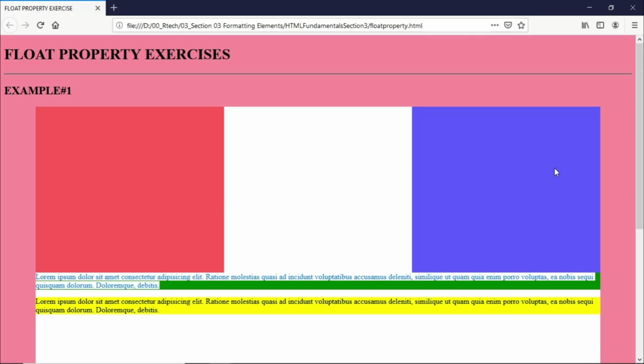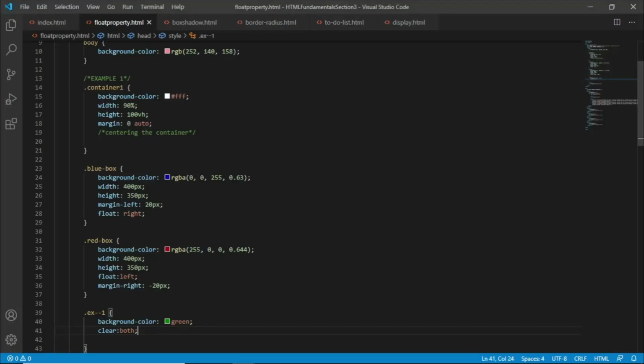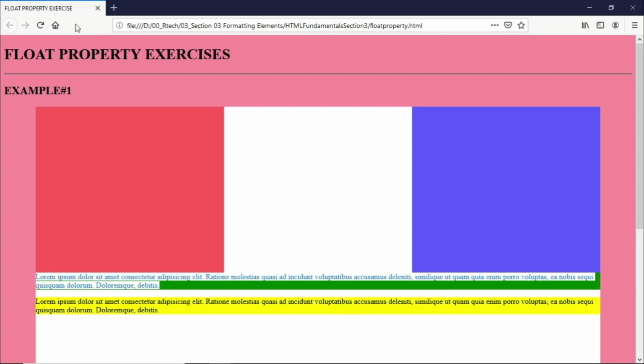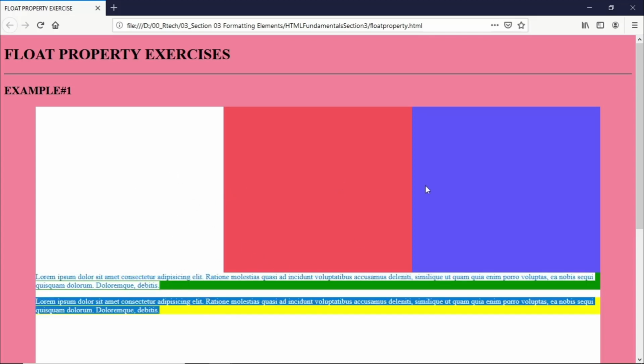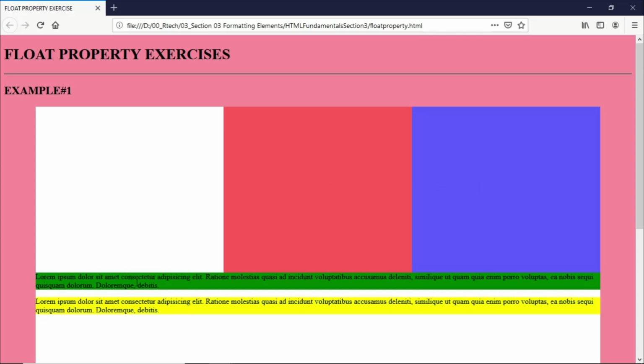So if I go back to our document here and give this a float right, let's see what will happen. So at least you'll have an idea on what's happening here. You would see that the blue box is still on the right side of the container, and then it is followed by the red box. And still, the element paragraphs here are cleared from the two floating items, and they are both placed here below the two floating items that follows the document flow,